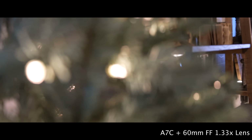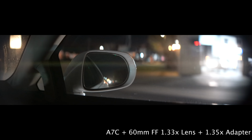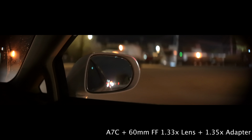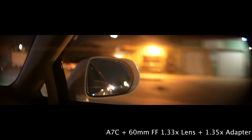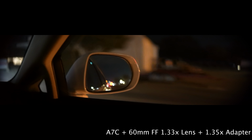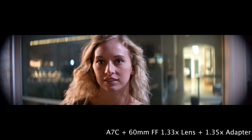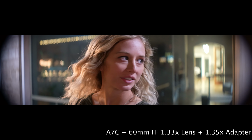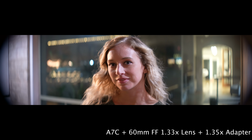Now when you add the adapter, things get more interesting. Now you get a 1.8x aspect ratio, which is significantly wider. In fact, most Hollywood films are shot on anamorphic lenses that are 2x, which is even wider than this. Anyway, what is interesting here is that there is some significant vignetting on the edges. Basically, the adapter isn't wide enough to stay out of the frame at these close focus ranges, which is a